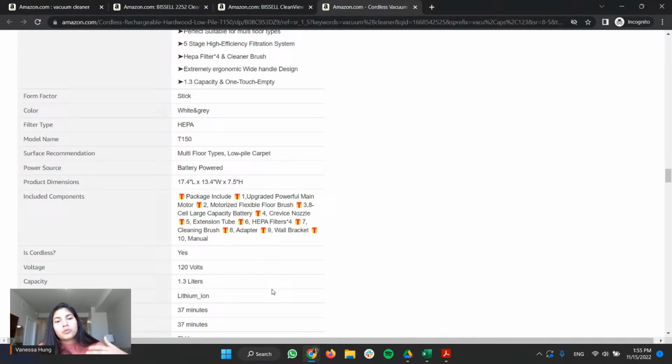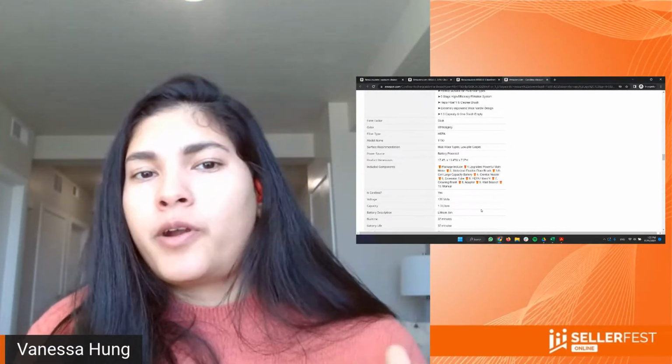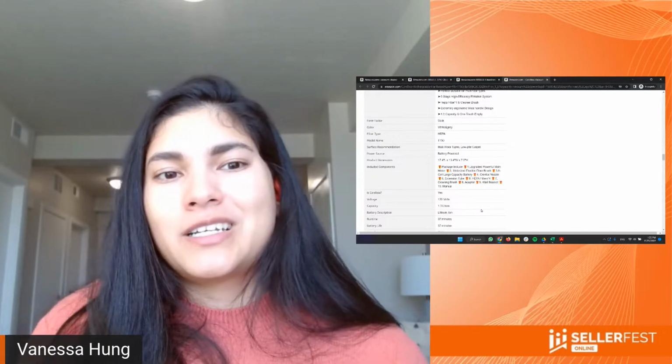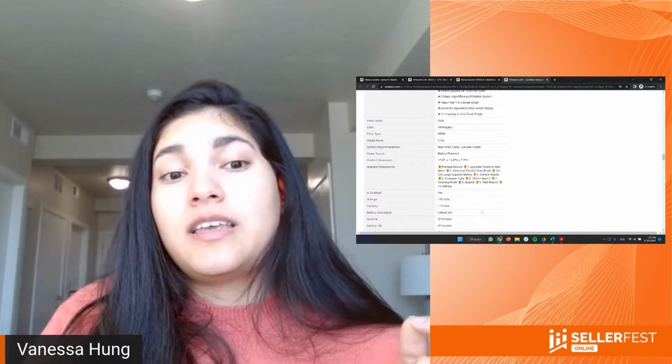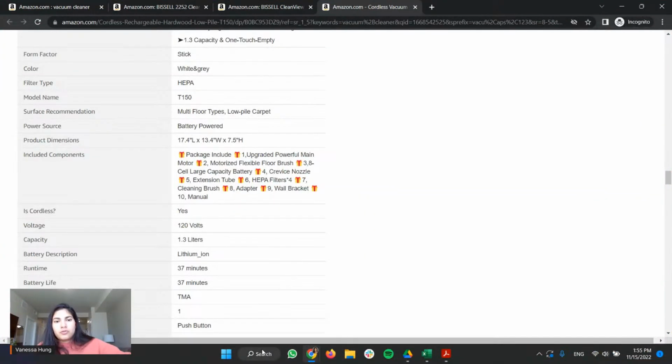Remember, we're trying to optimize for the buyer that wants to compare vacuums. And if I'm comparing these 2 vacuums because they're basically the same, I'll say okay, this is giving me more information than the other one. Therefore, I will probably be persuaded to buy this one more than the other one.